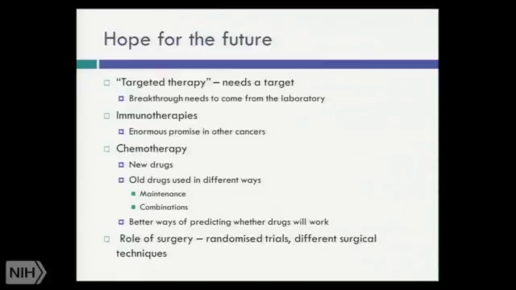At the moment, in 2015, there is a lot of hope for the future. Targeted therapy does need a target, and those breakthroughs need to come from the laboratory. And as you heard last night at the dinner, breakthroughs need funding. Laboratory work is costly, but that's where we're going to get the next win for mesothelioma. Immunotherapies have had enormous promise in other cancers, and chemotherapy, new drugs, old drugs used in different ways,